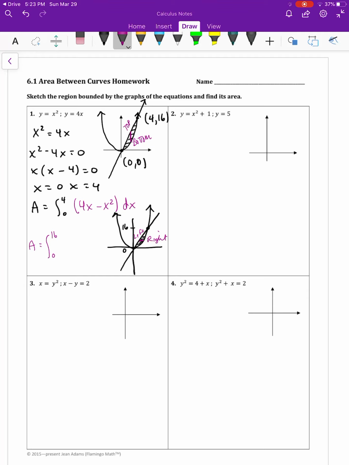And so the area using y integration would have been the integral from 0 to 16, because that's your y values. And your function, since this is going to be in terms of y, you would have had to solve for x here. So this would have been the square root of y, plus or minus, and you would have used the positive one. And this one would have been y over 4. And so the square root of y minus y over 4